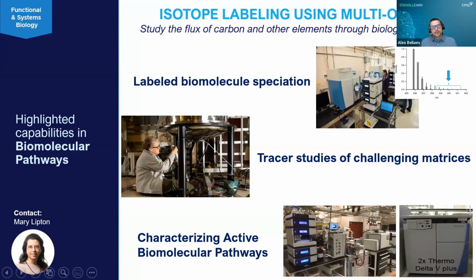The supporting capabilities that I would like to highlight here encompass a broad range of mass spectrometry and NMR instrumentation. For biomolecular pathway characterization, we measure label incorporation into different organisms and metabolites to carry out metabolic flux analysis and trace carbon and nutrient partitioning across central and secondary metabolic pathways across different microbe species, and identify nutrient partitioning across different pathways as well as different molecules.